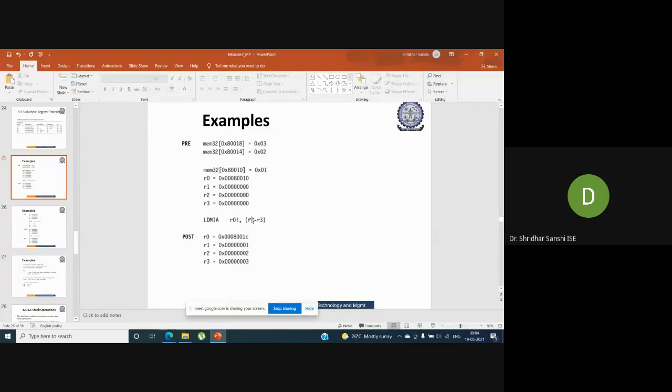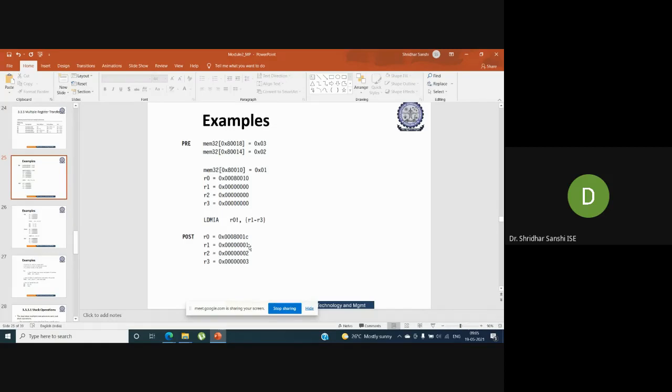You move the content of this particular address to the register R1. So you can see after execution of this instruction, R1 has 01. This is the value which is there in this particular memory address. So R1 will contain hex 01.